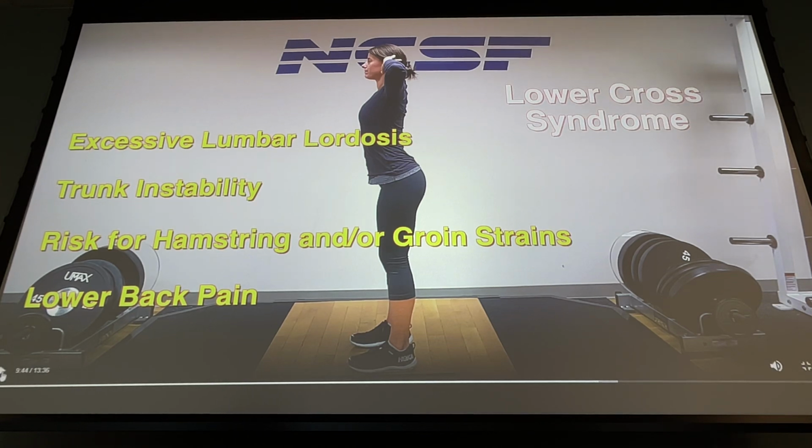Because if your pelvis is in an anterior pelvic tilt, it pulls on the hamstrings and shortens your hip flexors, and your trunk is not stable in an anterior pelvic tilt when it's more stable in a neutral tilt. That's why we try to train in neutral. Lower back pain, compressing the spine. If you're always compressed here, then you're not going to have as much room for that spine to move freely, which is going to keep that